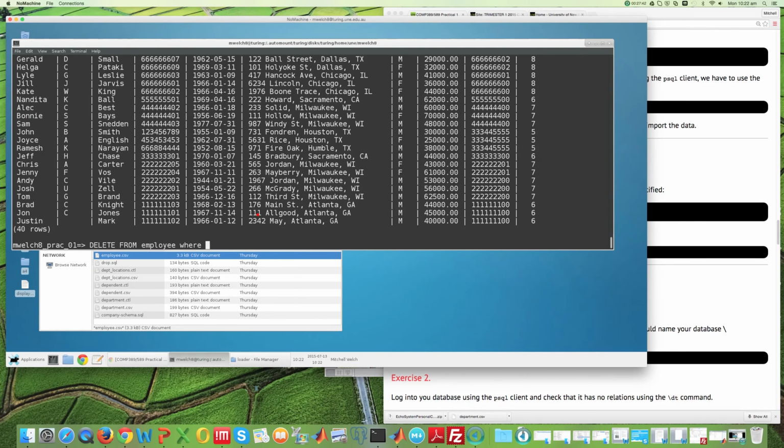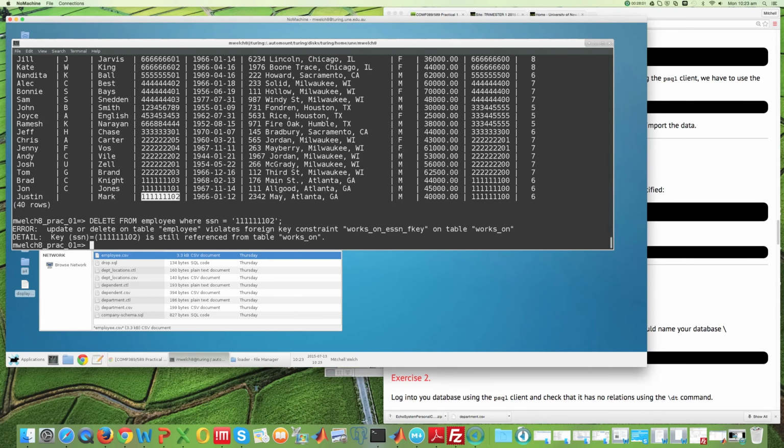SSN equals, now because we're working with the SSN, I'm just going to copy that one, paste it in here. Now remember that the SSN is a character field, so we have to single quote that. We can go through, and we can see here that we've actually